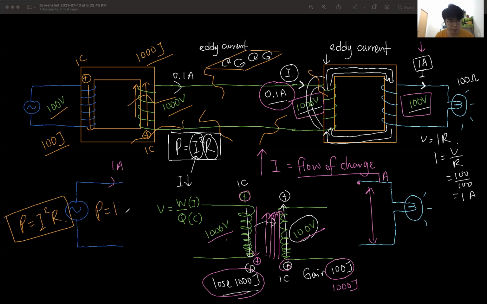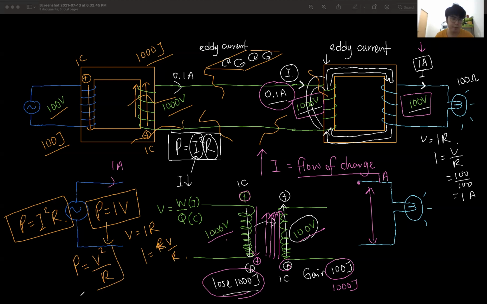P 等于 IV，这个是 general formula 嘛？如果我 sub V 等于 IR 进去，我就拿到 I square R。如果我 sub I 等于 V over R，then 我拿到什么？P 等于 V square over R。这一个 V，这样意思说什么？